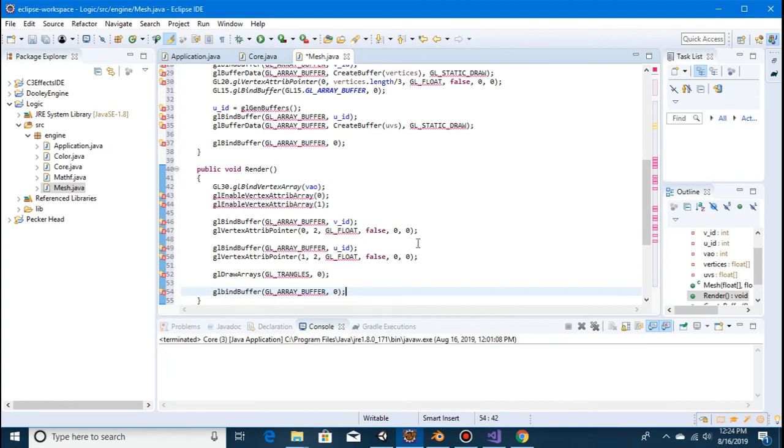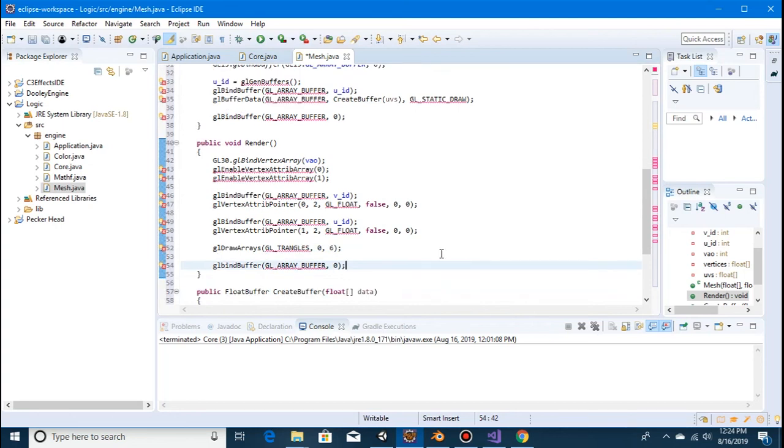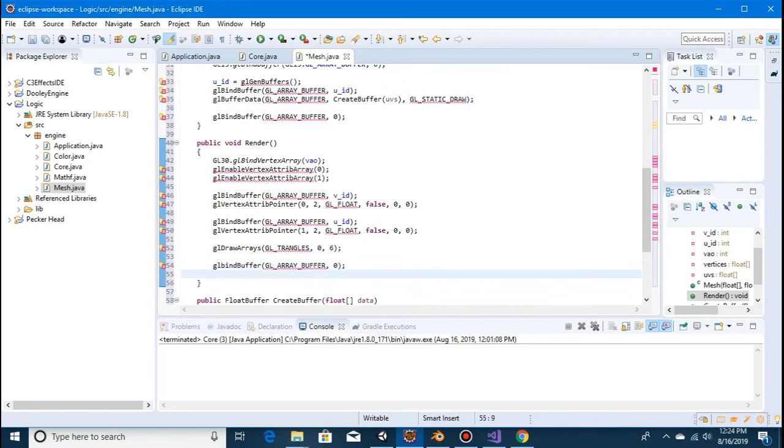And yes, there's actually one more that needs to go up here because we're going to be using 6 elements in there. Okay, so after we bind the buffer back to 0, or unbind it, whatever you want to call it,